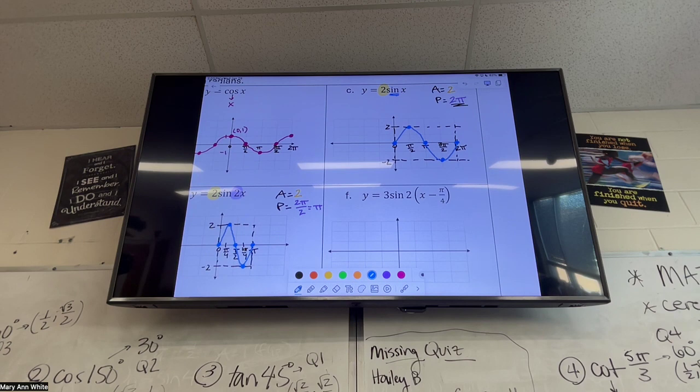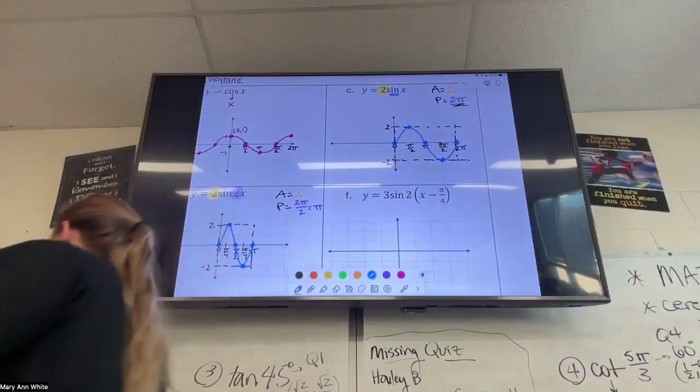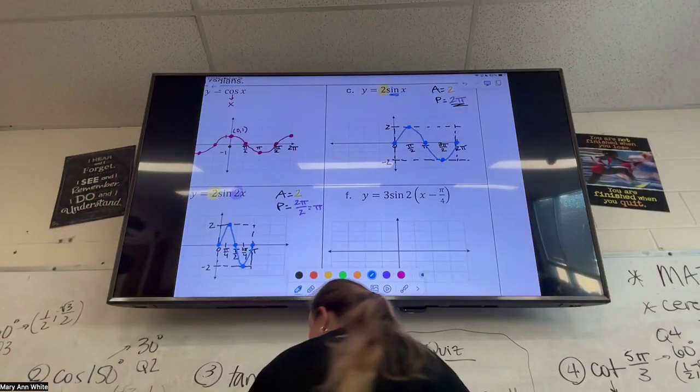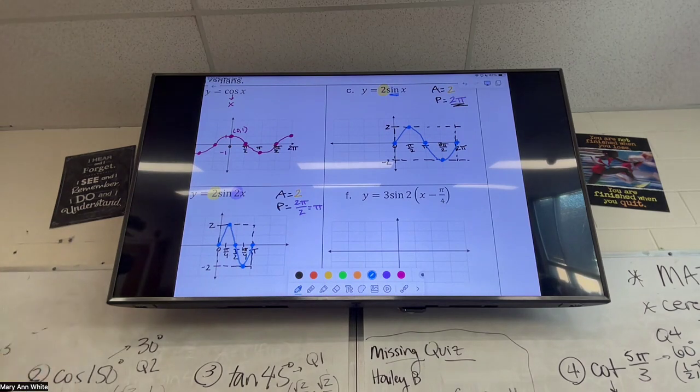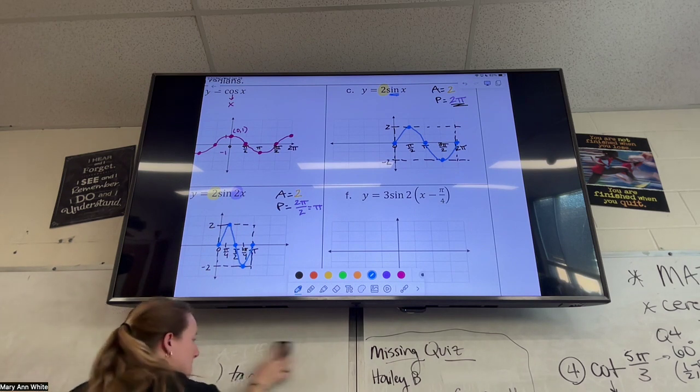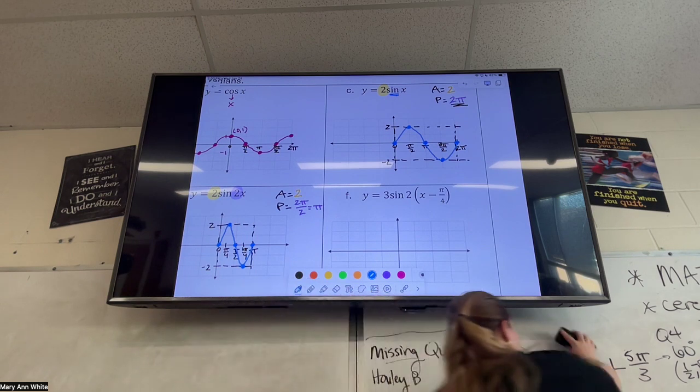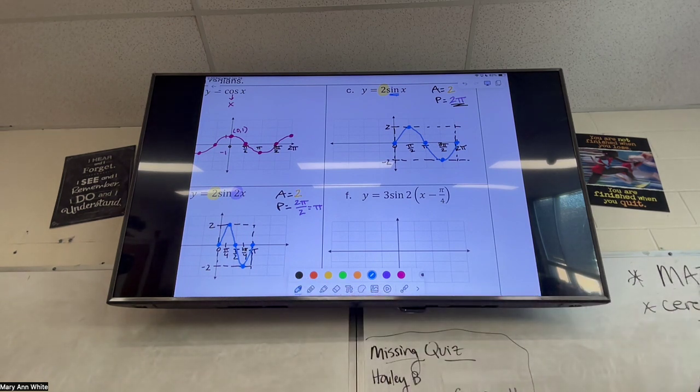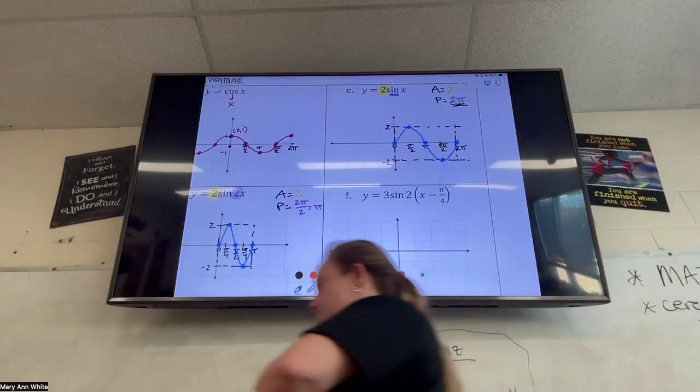and amplitude changes. I've got 4 problems that I'm going to write on the board. If you have blank paper from earlier, or if you just have blank paper that you want to write on right now, we're going to do 4 other problems that are like this, okay? Okay. First one we're going to do